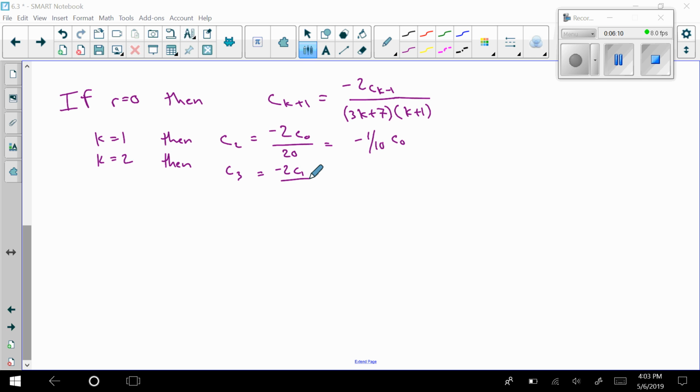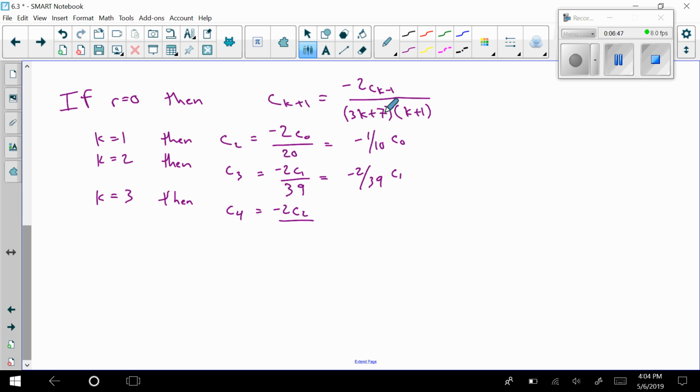divided by, well, the 2 in here now. This would be 6, that's 13, times 3 is 39, which would be equal to negative 2/39 c sub 1. Then I have k is equal to 3. Then we would have, well, that's c sub 4 equals negative 2 c sub 2 divided by, now it's